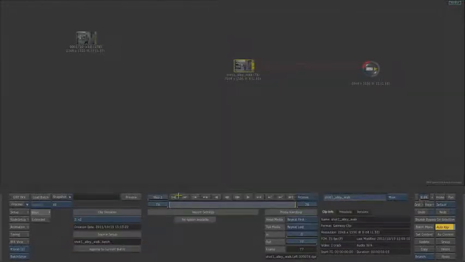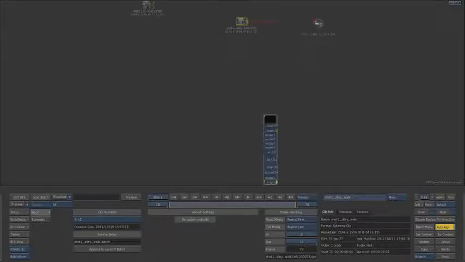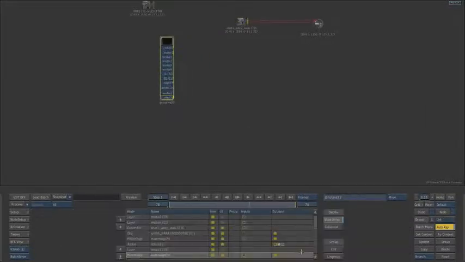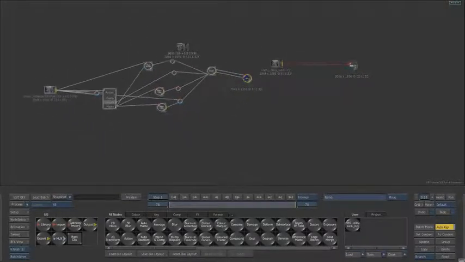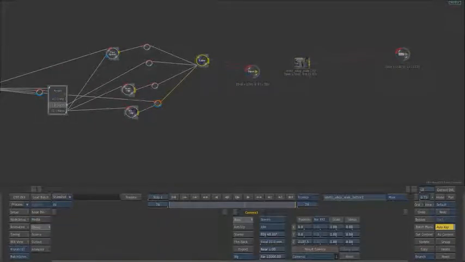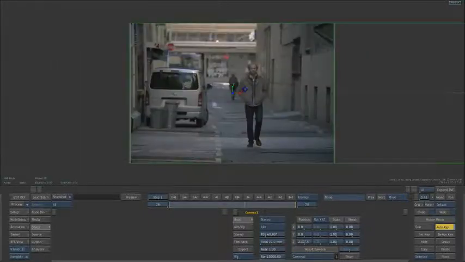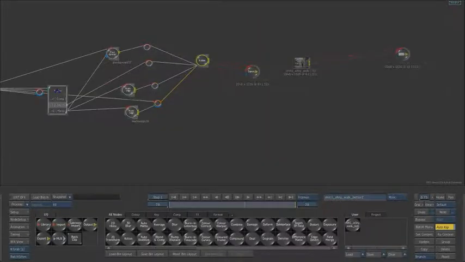If I was a senior compositor working on a folks' work here, what I might do is pull this out, and you can see the work that created this here. And there's a link, if you like, based on the file system between these two nodes. But I'm now able to come in, make my tweak if I'd like, whether it's refining the edges of a mat or fixing something in the way this stuff works, and then make an adjustment,